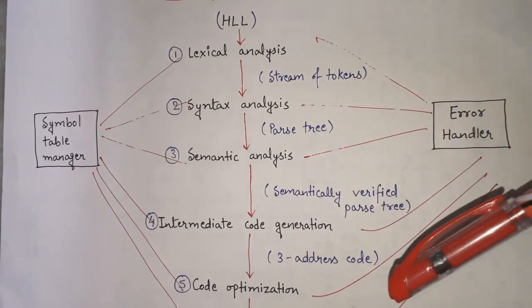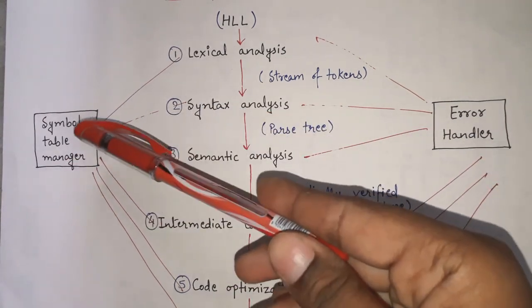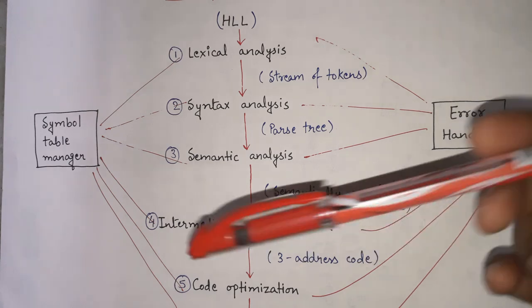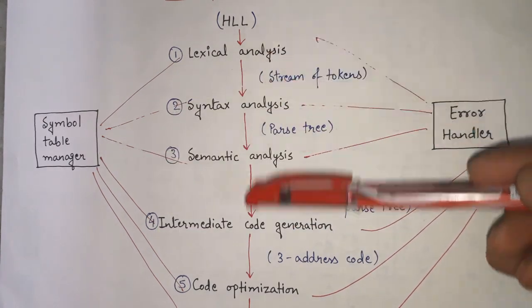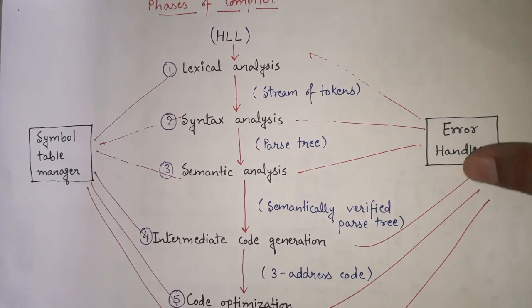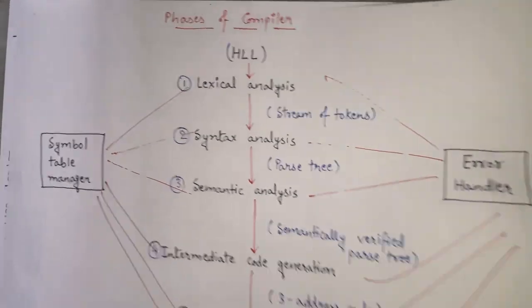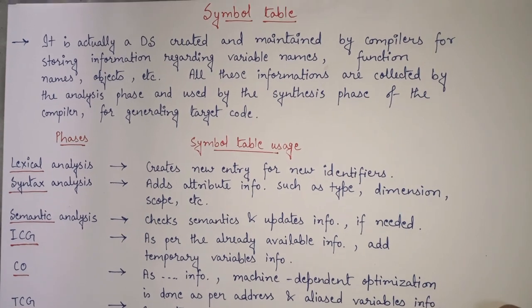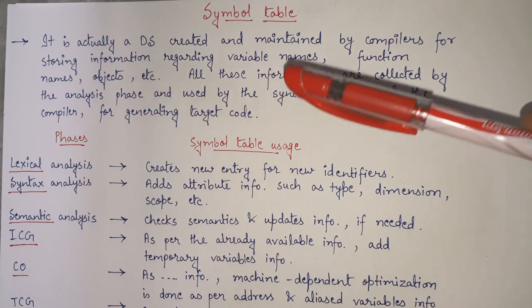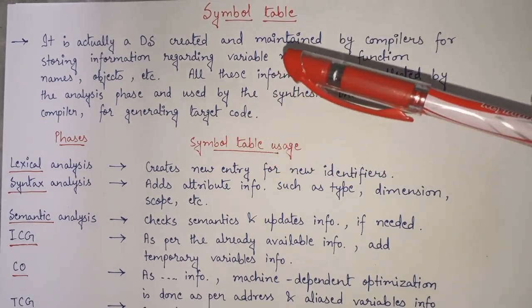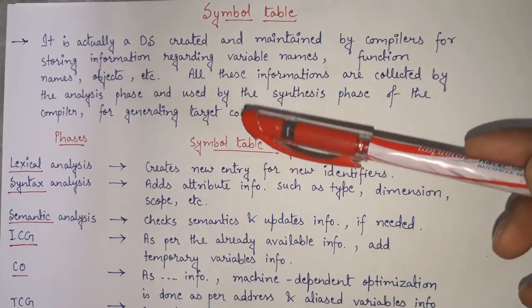So in this particular video we will see about symbol table manager, what symbol table manager actually is and why it is useful to be connected with all the phases of compiler. So let's see what is symbol table manager. Symbol table manager is actually what? It is actually a data structure created and maintained by compilers for storing information regarding variable names, function names, objects,